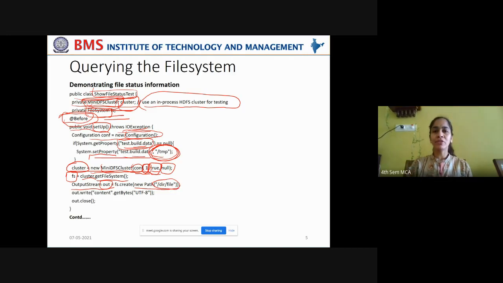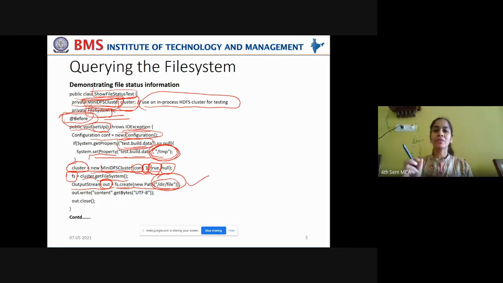You're creating a new instance of a file system path and connecting it to the output stream so that you can retrieve all the metadata about this file into your output stream, and from that output stream you write it onto your console, or you retrieve the data about that file and store it in an output stream to refer to that and know the file status. Okay, I'm repeating this line again.